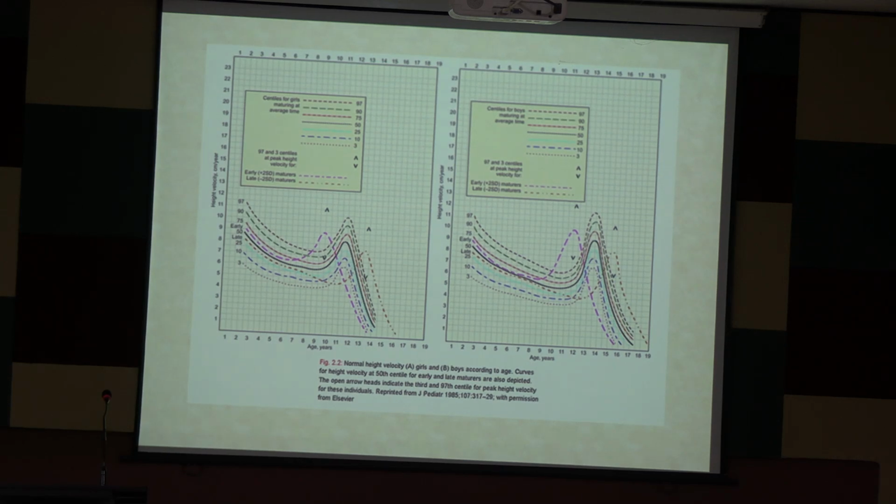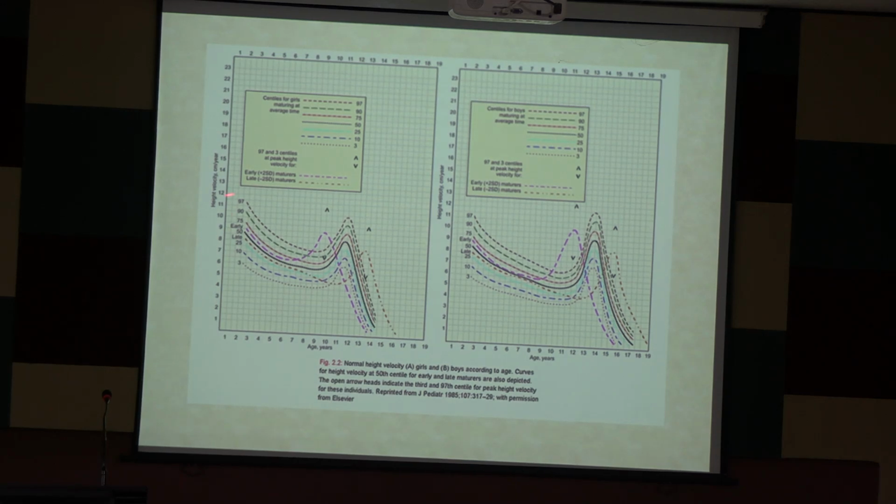Look carefully: when the graph starts, it's a normal growth velocity curve, okay. The left one is for girls and the right one is for boys, and the x-axis denotes the age, the y-axis the growth velocity. The growth curve shows that in the first part of life, it is at a peak, high level,